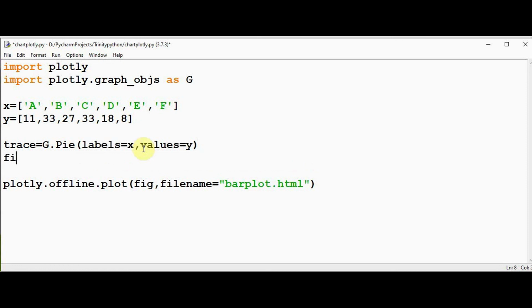Now we can create the figure object g.Figure of, can just mention data equal to trace alone. We are not specifying any layout here. And then plotly.offline.plot figure and file name, instead of bar plot I'm just making it as pie chart.html.